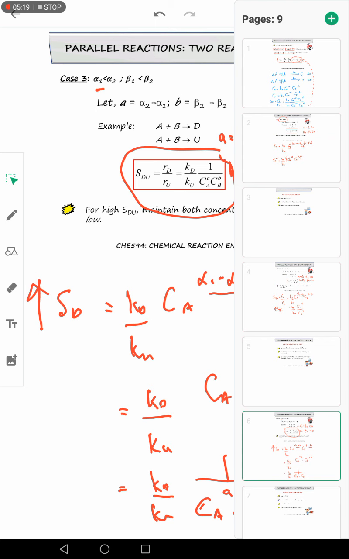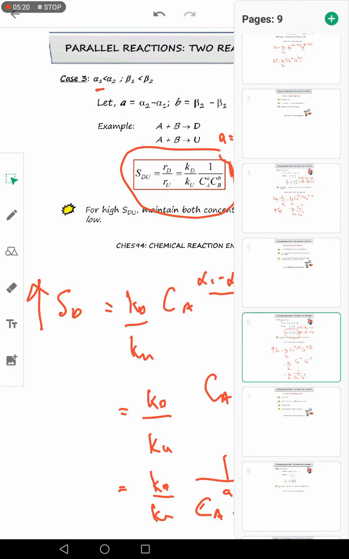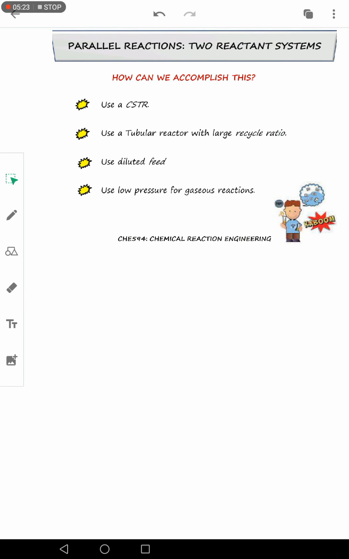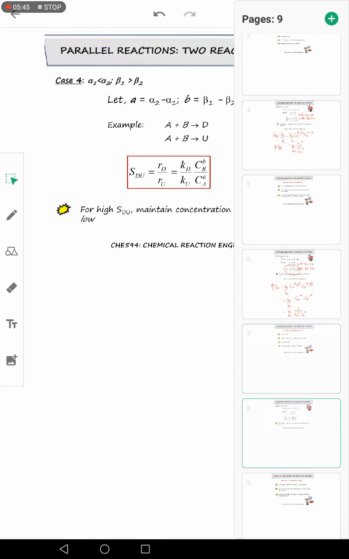Okay, let's have a look at next slide. So this is the recommendation. So you can baca sendirilah, like use CSTR, use tubular reactor, but large cycle ratio, you have to use diluted feed. So kalau gaseous reaction, you have to use low pressure. So ni semua adalah untuk maintain low concentration of A and B. Okay, next slide is